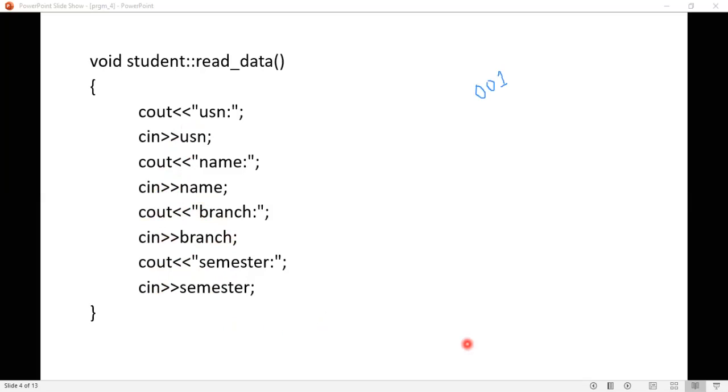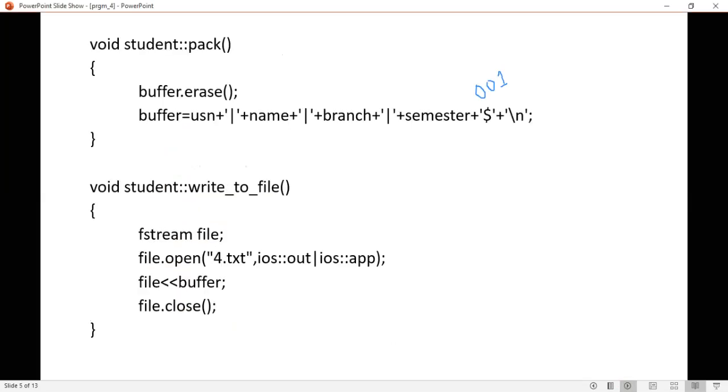After reading the data, what is the next method? It is you have to pack it. Okay, now in the USN you have 001, name you have some name, branch, and then semester, isn't it? Initially, for the pack method, you have to erase the buffer first, that is clear the buffer.